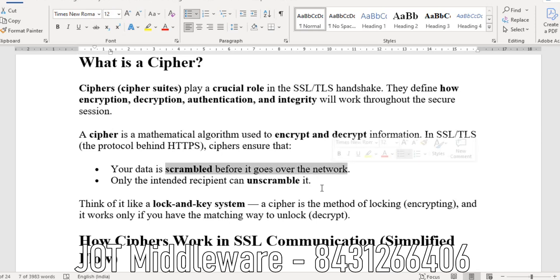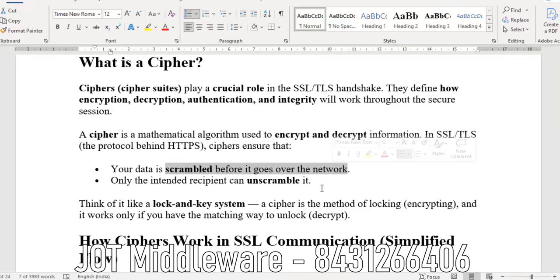So it makes sure that your data is encrypted and only the intended recipient can unscramble it, meaning your browser has used the server's public key from the server certificate to encrypt the data,